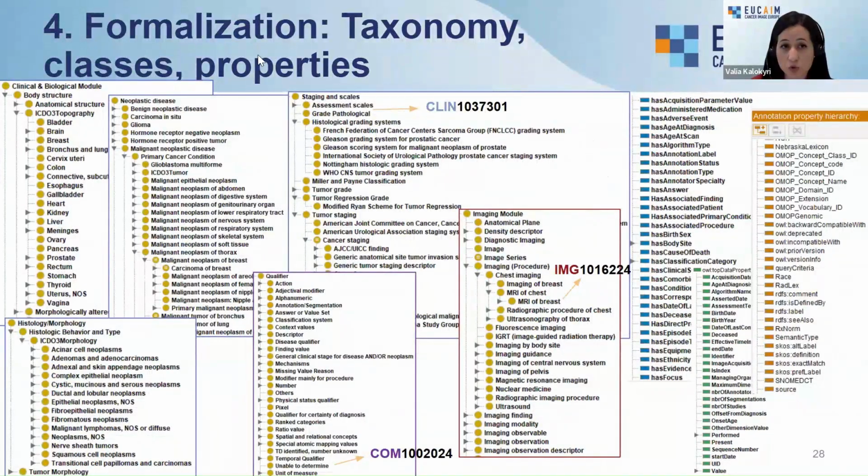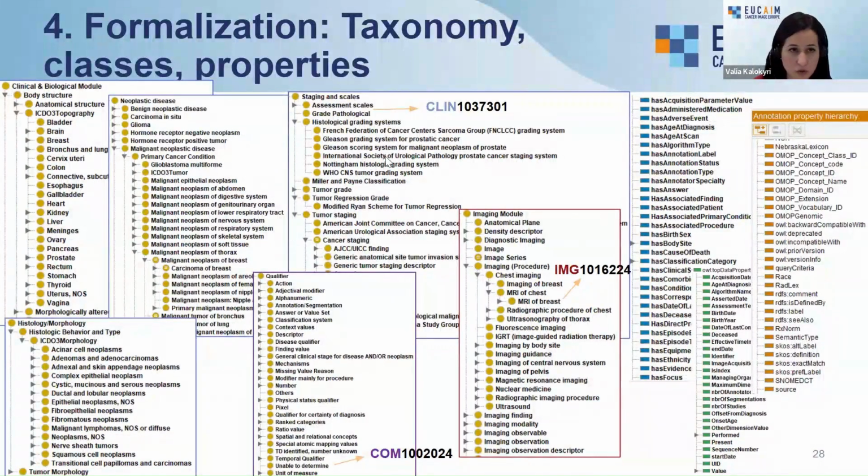That was the third step of the conceptualization. Then the fourth step is the formalization. So you actually see here just some screenshots of our ontology developed in Protégé. Here you see the taxonomy related to the clinical module. All the concepts in the clinical module have this code. All the concepts in the imaging module have the image prefix, and the qualifier ones have the com prefix at the top. So here you see the hierarchy, basically the classes, and here you see all the properties: